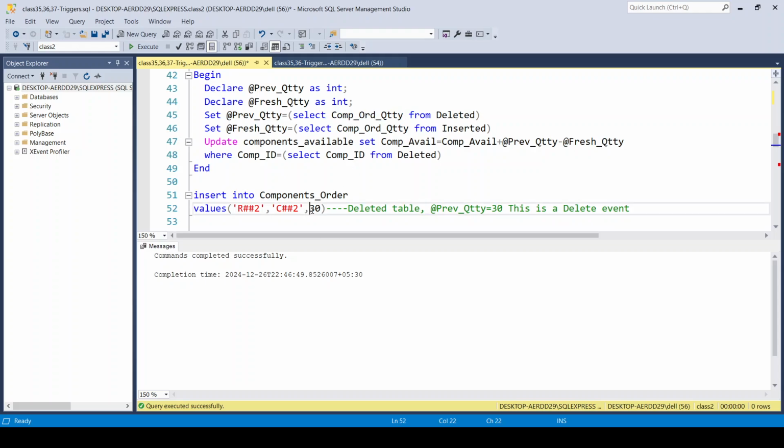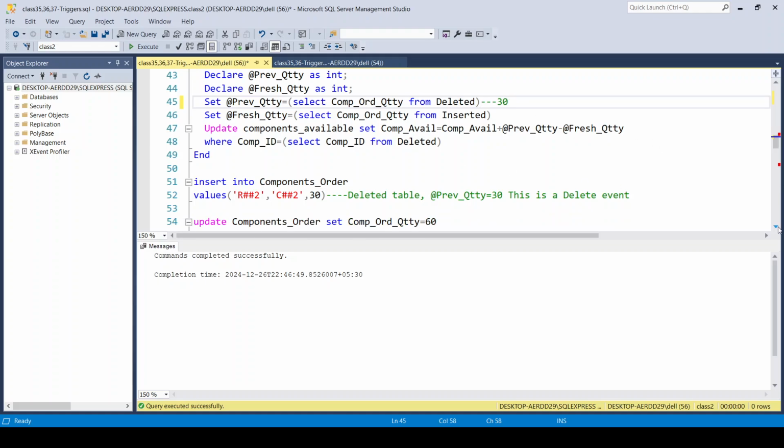What will happen? 30 will be selected, that is, it is the value under comp_ord_qtty of the deleted table. So from the deleted table, the value of 30 will be taken and placed here. So ultimately this entire thing will display what value? This entire thing will display the value of 30. Okay, and then